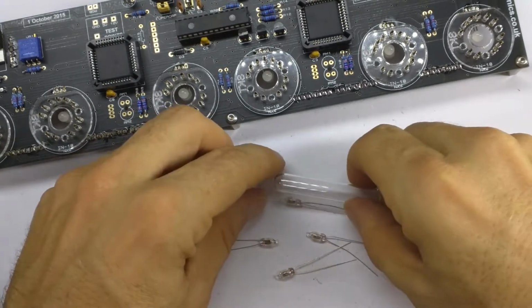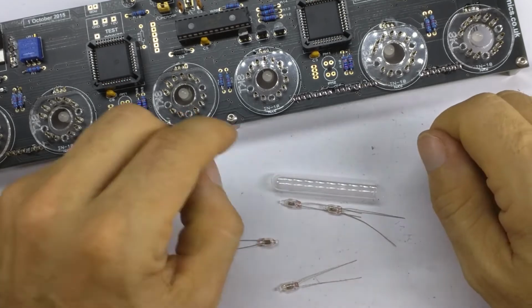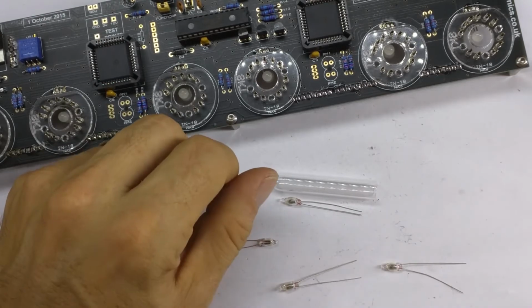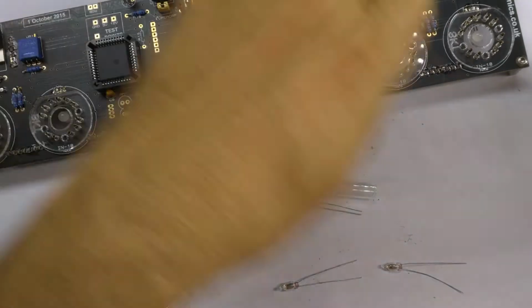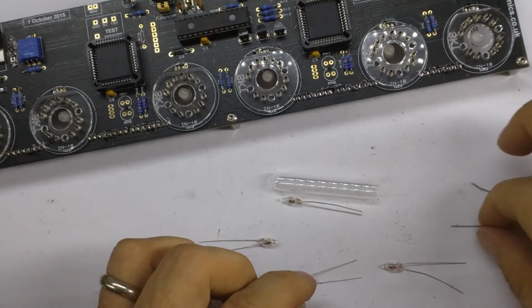So the idea is they sit up inside these glass tubes and they're spaced out a bit. And if you can see here, the one that sits a bit taller, the legs don't reach to the floor. So what we're going to have to do is extend these legs a little on 2 of them. And I'm going to use some cut-offs from resistors